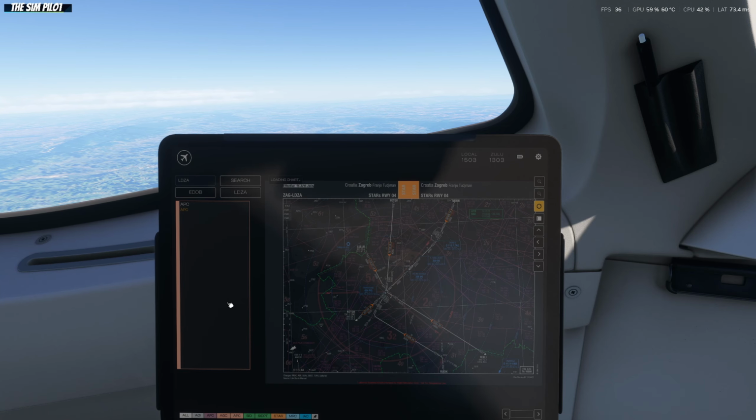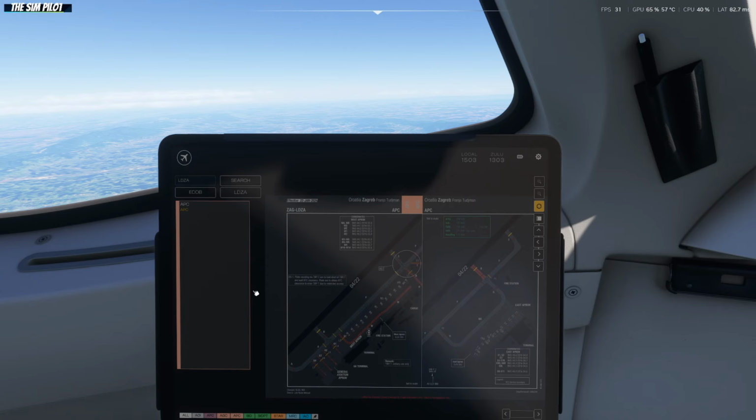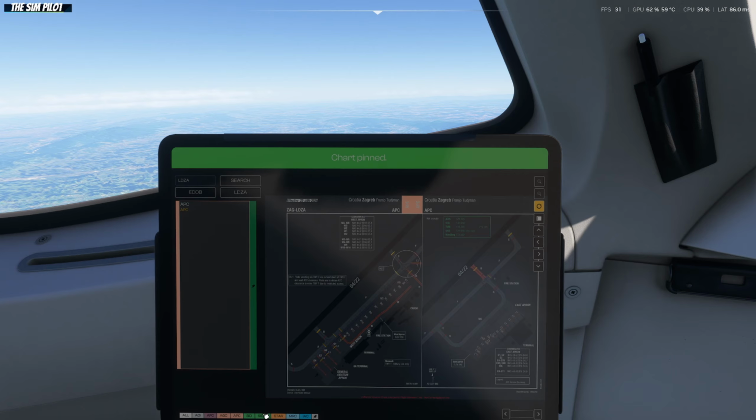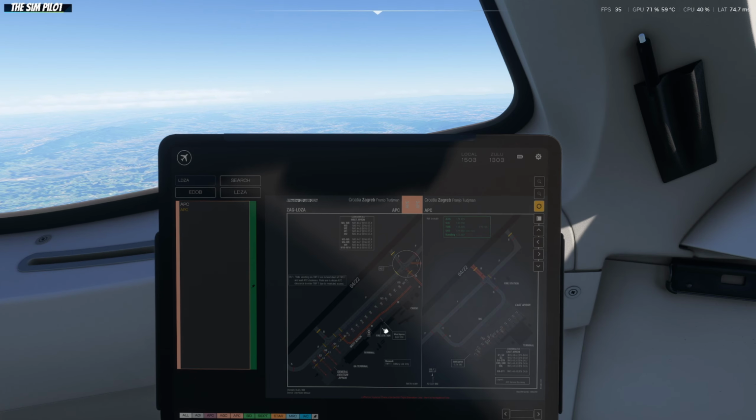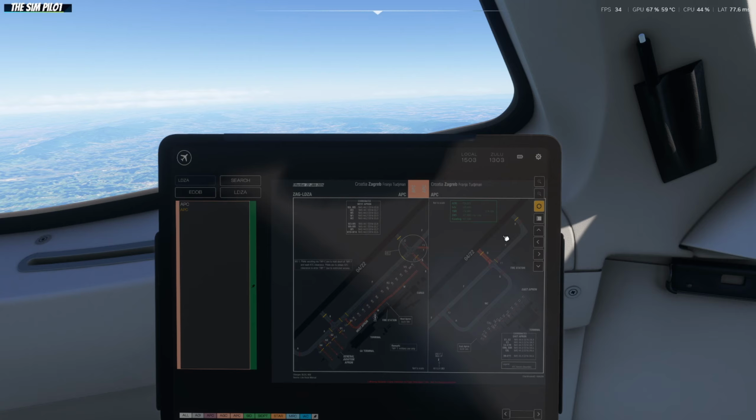We need the airport chart. We will pin this too, for taxi routing, and we will leave it here. And we will pull